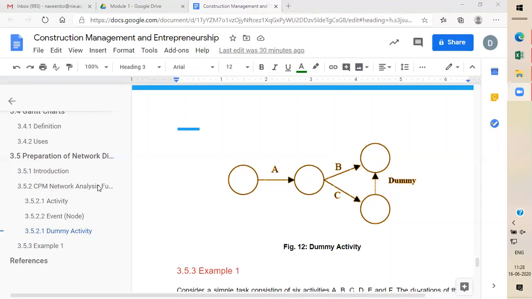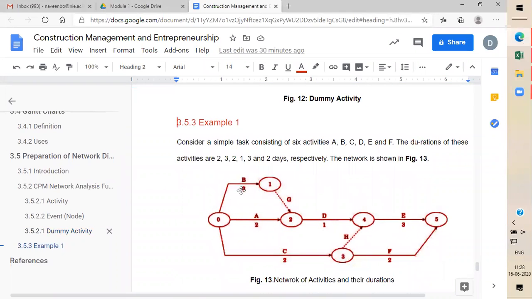Once you understand this, we will take one example of an actual construction process and try to understand the various things we discussed: what is an activity, what is an event, what is a dummy activity, what are succeeding or preceding events. So many things we are going to take up in the next class. Okay, thank you.